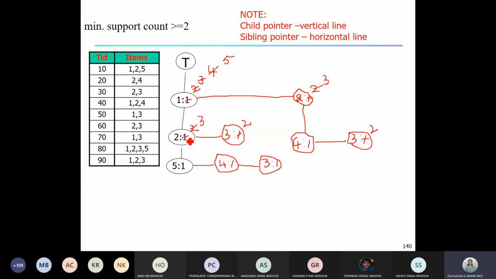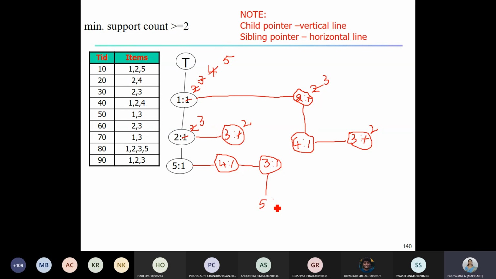So 1, 2, 3, 5. So what is 5 now? 5 is the child node of this item 3. So below 3 we don't have a child node. So create a new node 5 with count 1. So this is 1, 2, 3, 5.